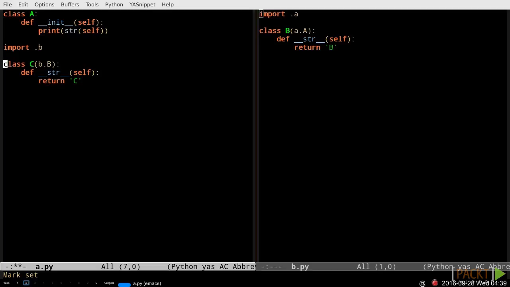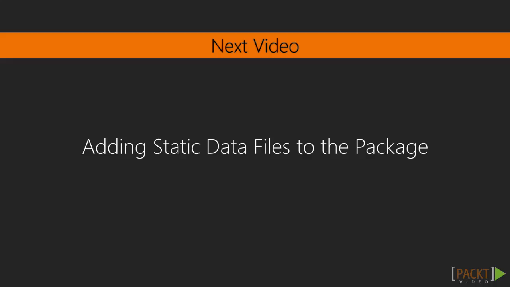In this video, we've gotten a pretty good handle on how to import modules into other modules contained in the same package. In the next video, we'll move on to adding static data file resources